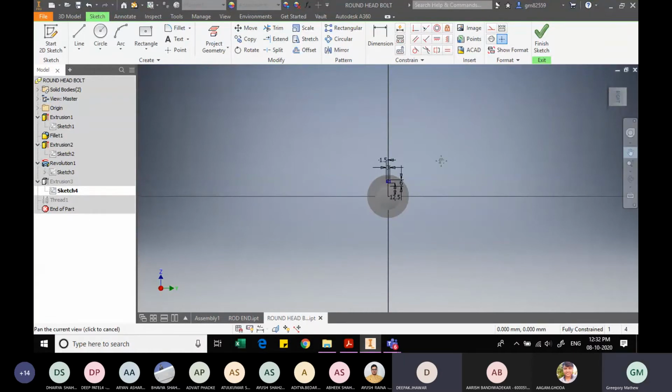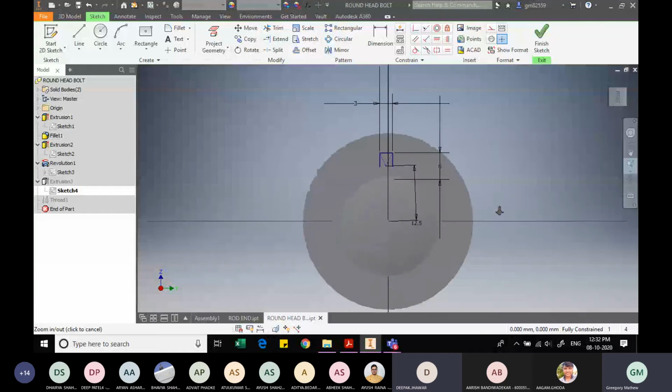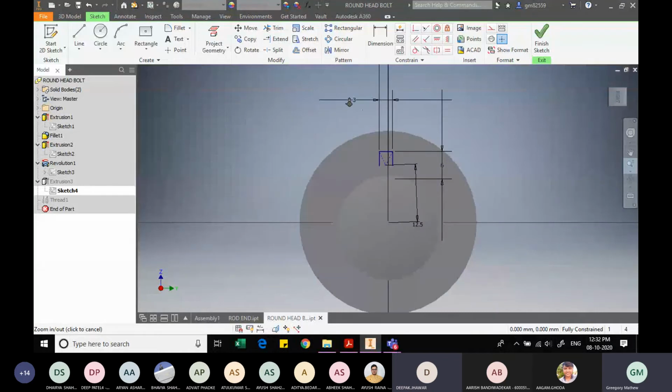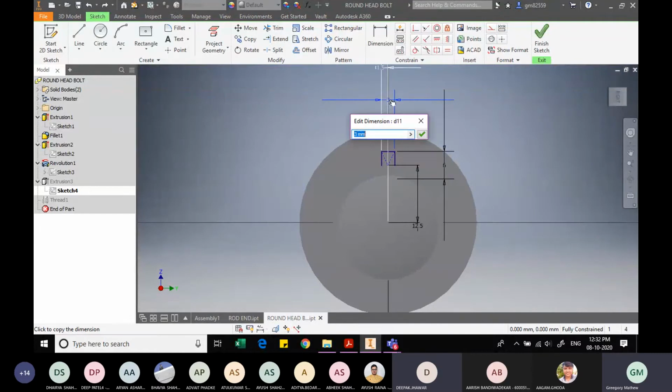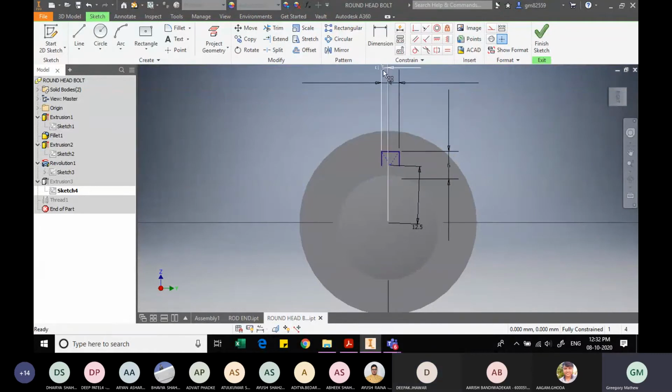This should be 4. Wait, let me do that. So which means this should be 2. No, sir, this should be 4. This thickness should be 4, and so this means this should be 2 mm.